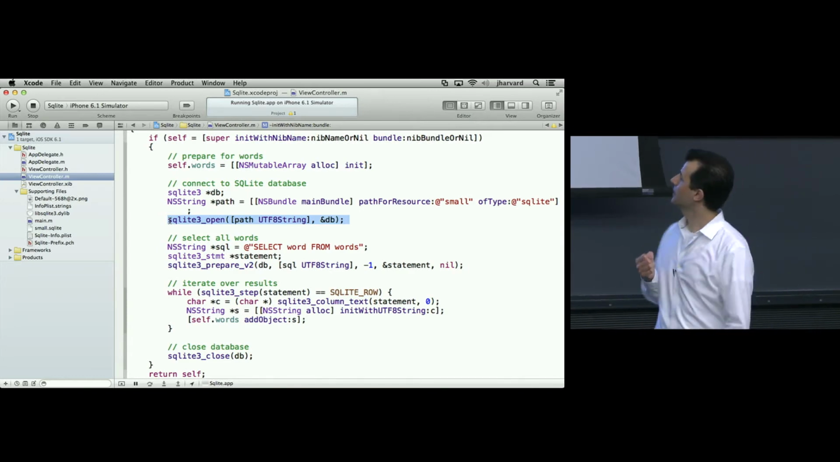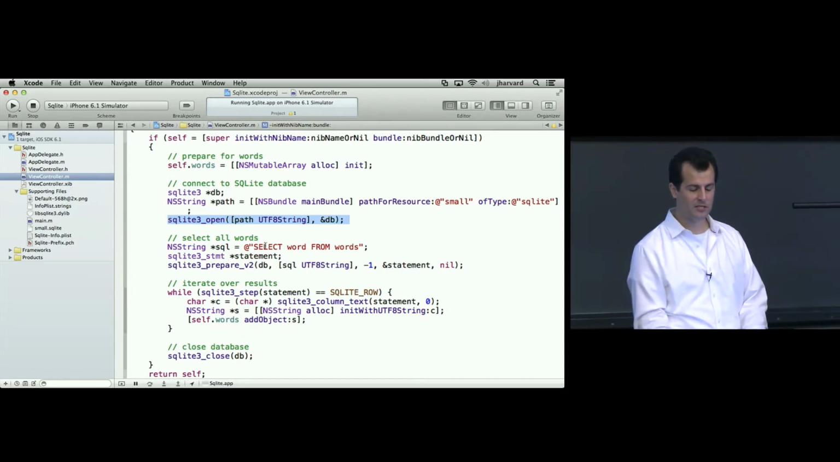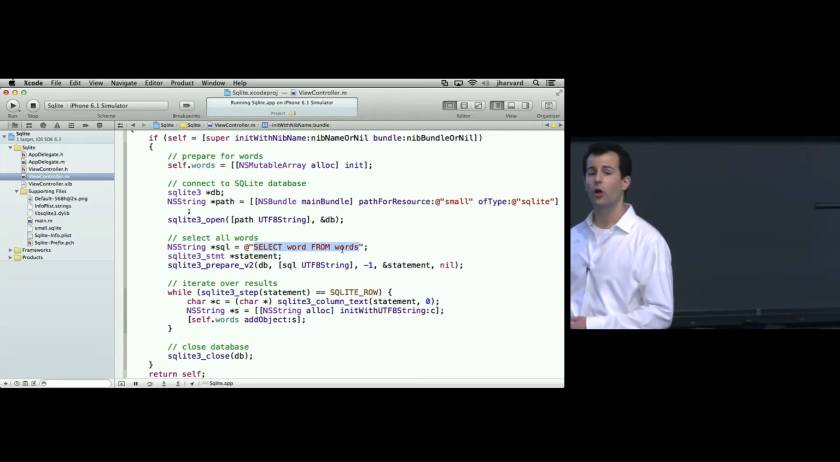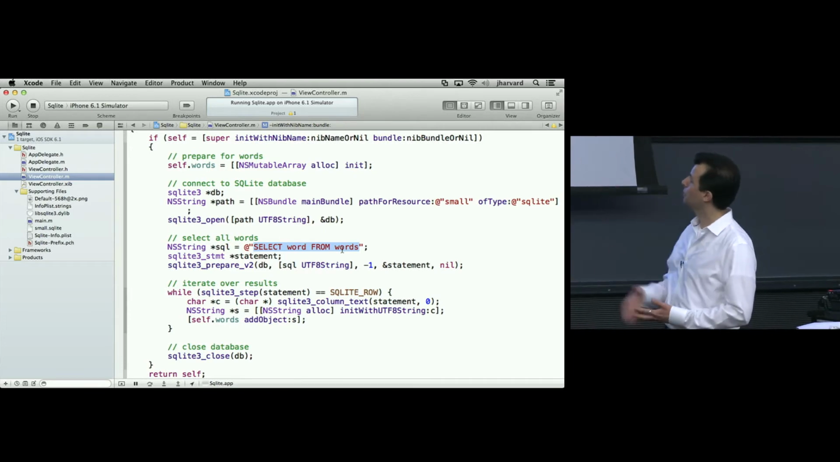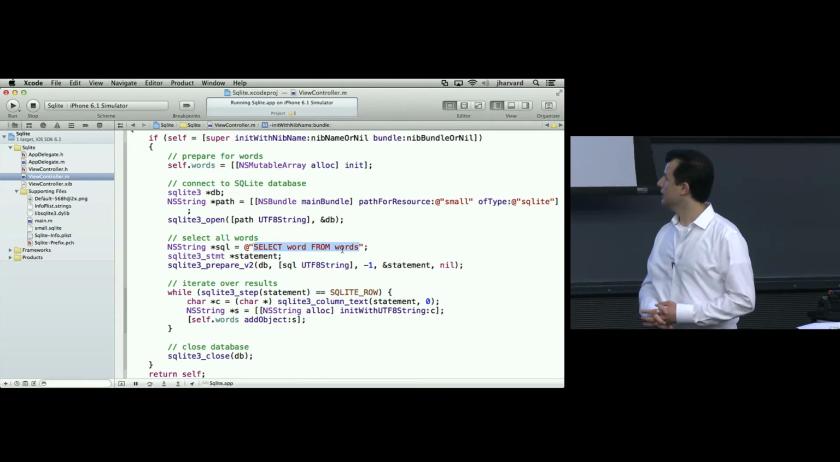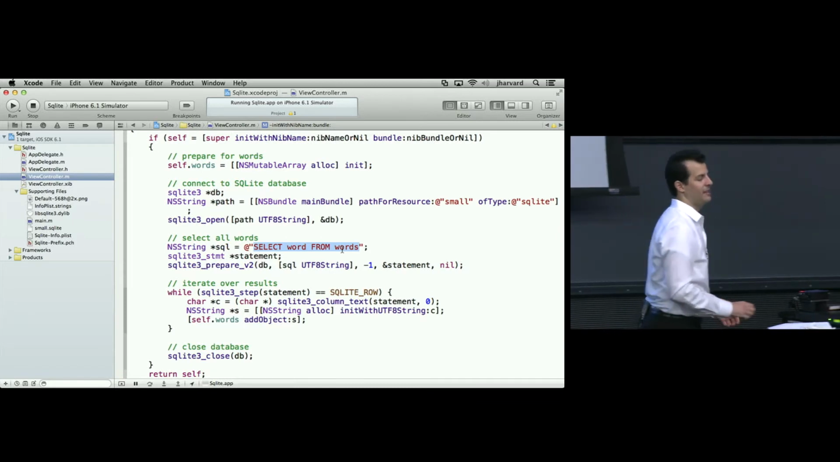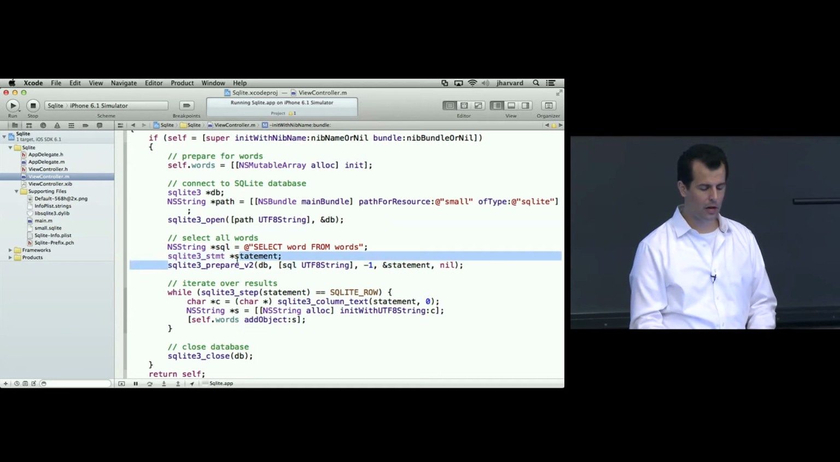All right, what's happening next? I'm selecting all words. So this is what I meant earlier about the expressiveness. This is a SQL query, and this file at the end is only going to have one such query. But again, there's other keywords like delete, update, insert, and yet others. Select is the operative word here. Here I'm declaring an NSString called sql. In the next line, I'm dropping back down into C, declaring a statement. And then in this third line, I'm calling